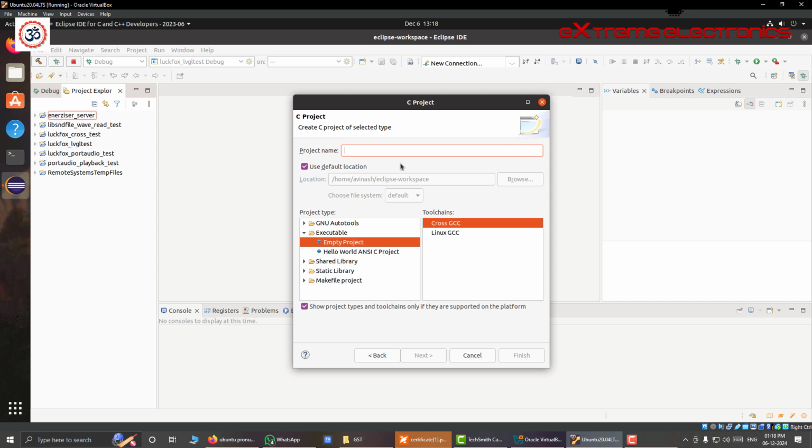Now we have to provide some basic information about our project. So the first one is the project name. Let us use Luckfox test here. This will be our most basic project, and its aim will be to teach us the entire process. And from here we have to select this Hello World C project, and the most important setting here is these